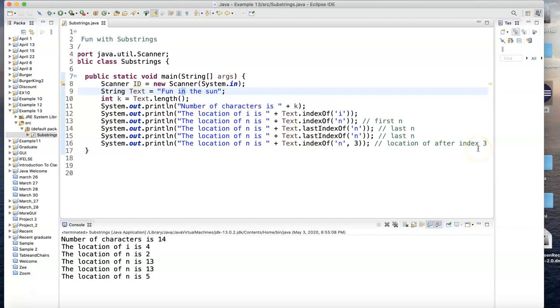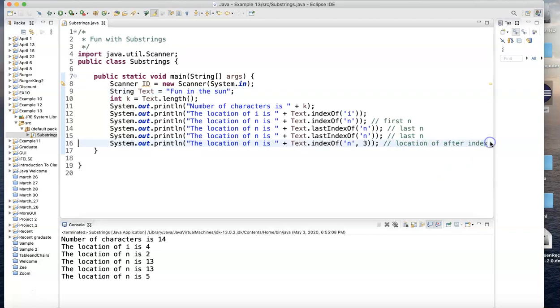What else can I do? Let's try another one here. So I'll leave this one alone. Come on. There we go. Let's take another string. String text2